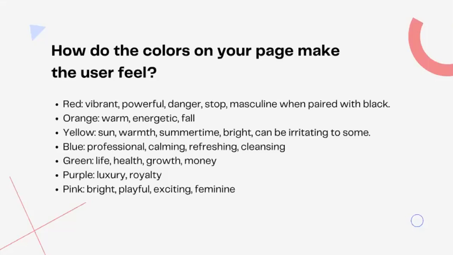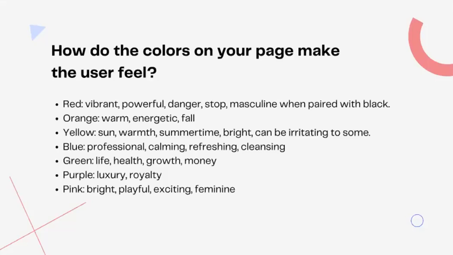Green: life, health, growth, money, all of those little pieces. Those can be really, really great. One thing to note with green and red is that depending upon how you use them, it can be really difficult for people who are colorblind. So that's something to think through about how you want to use those colors, and if that might be an issue with your ideal client. If you're working with people who are colorblind, you're not going to want to use those colors. But if you're working with people who are interested in artwork, or naturally going to be looking at something beautiful, you maybe assume that they won't have that issue. So just something to think about there.